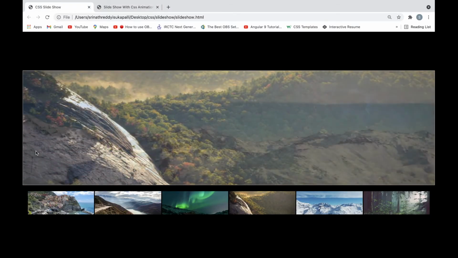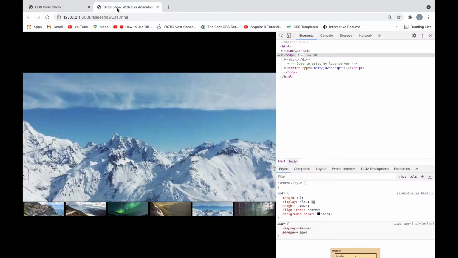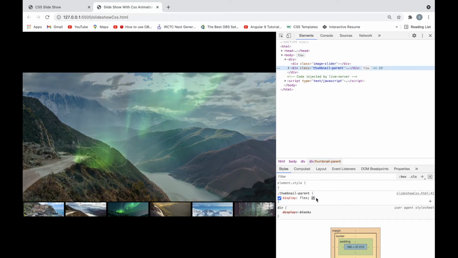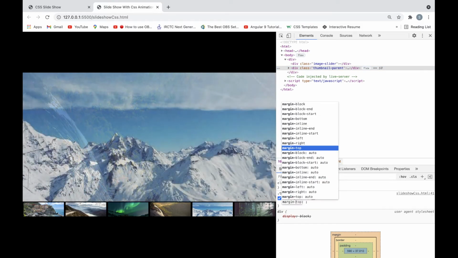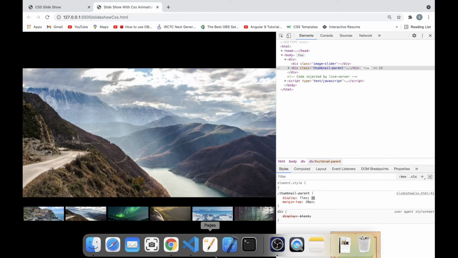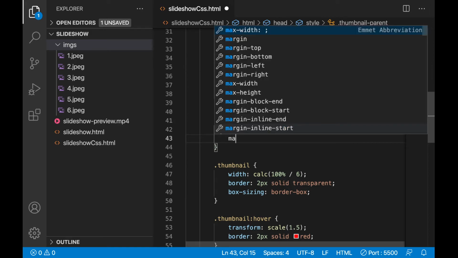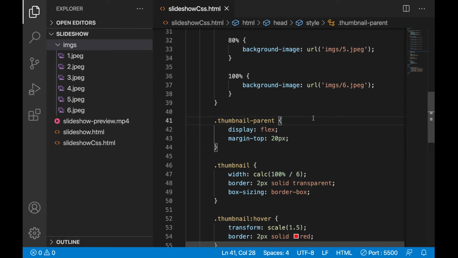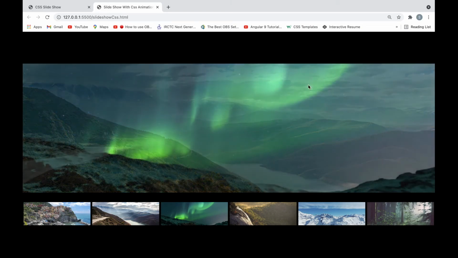Okay, here some gap is coming between the slideshow and the thumbnails. So let's give some gap using margin. For that, let's apply margin top. See, now some gap is coming. So let's go here and write it in the code. For all the thumbnails I want to give spacing on top, so I used margin top. See, now the example is completed.